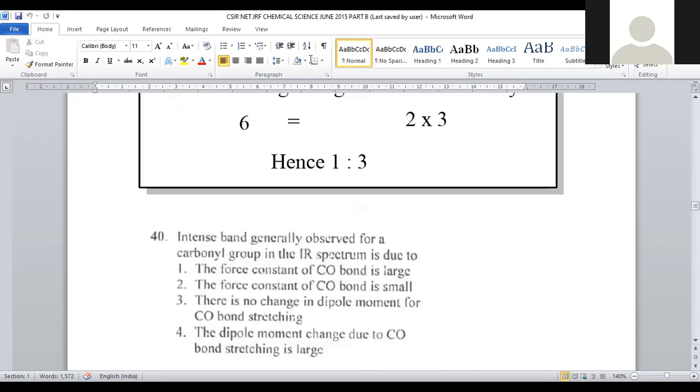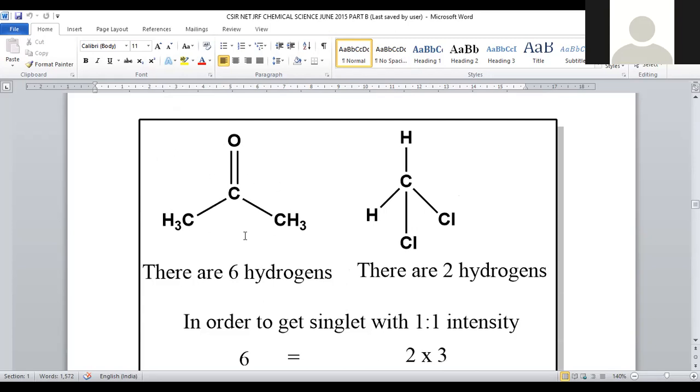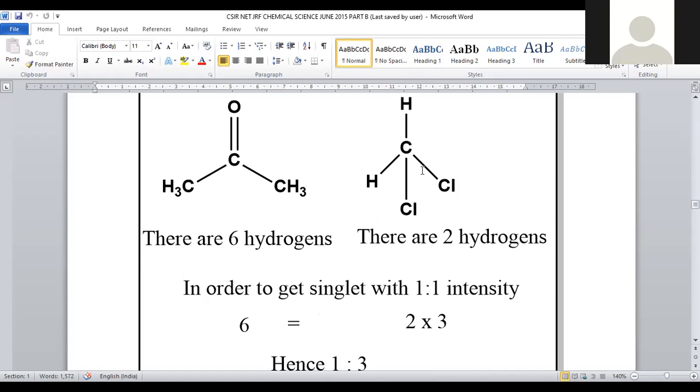Within the structure, we can clearly observe that this is acetone, where we have CH3, C double bond O, CH3. All 6 protons are present within the compound, and being a symmetrical molecule, we can say all are identical, all are of one set only. So this acetone will give only one singlet. When we observe the second compound mentioned in the problem, that is dichloromethane, 2 hydrogen atoms are present on the central carbon, and these 2 hydrogens again are one set only, and it will give only one single peak for these 2 hydrogens.